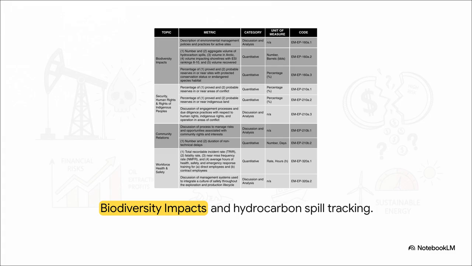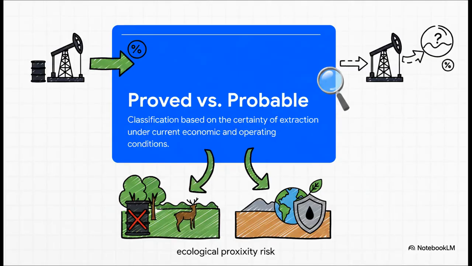We're talking about super fragile environments like mangroves and swamps. A spill there, it's not just an ecological tragedy, it means vastly more complex, incredibly expensive cleanup operations, which creates massive operational risk. To really gauge this risk looking forward, we have to decode another piece of essential terminology: proved